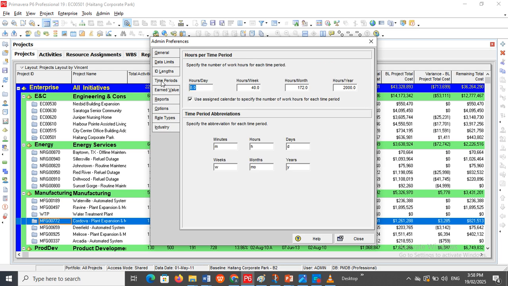Let's go to the time period. Now, in the time period, we have 8 working hours in a day. Recall we changed our days per week to 6. So, our working hours here has to be 48. Then the month has to be 192. When you multiply that, that will give you 192 because 48